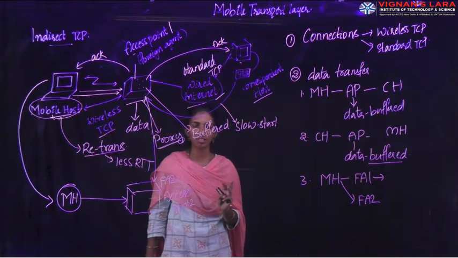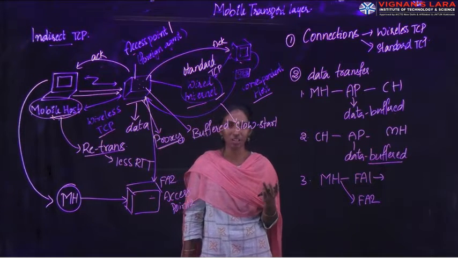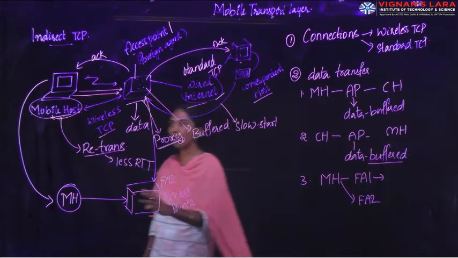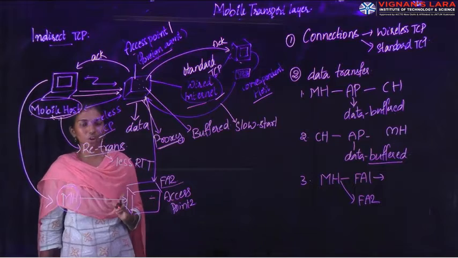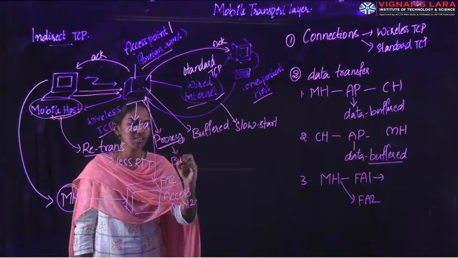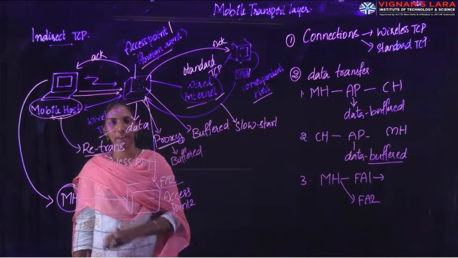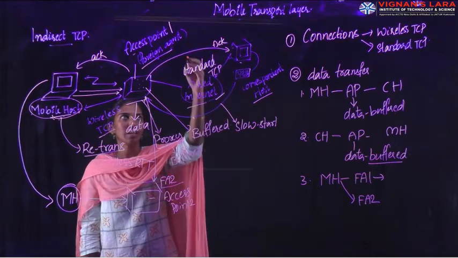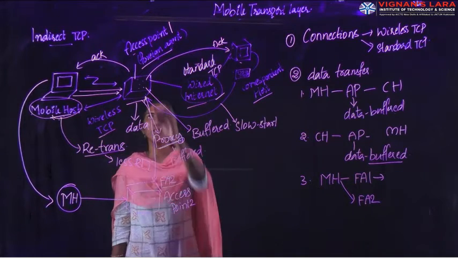So we will be having three cases. One is whenever the mobile host wants to transfer some data to the correspondent host, second is when the correspondent host wants to send some data to the mobile host, and third is when the mobile host moves from one foreign agent to another foreign agent. The simple concept is, this access point is going to act as a proxy, and with this proxy the data is getting buffered. Immediately after getting data, it is going to send the acknowledgement. After getting the acknowledgement, it will start transferring the data. If any data is lost over this mechanism or anything else happens, that needs to be taken care of by the foreign agent itself.